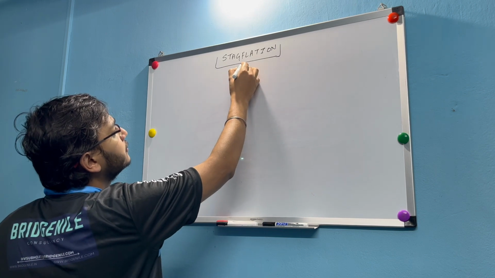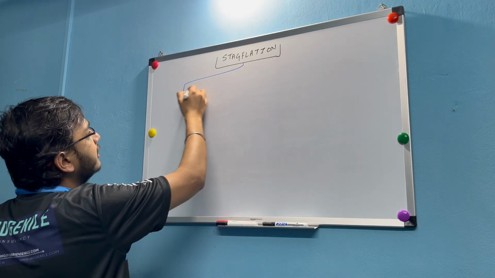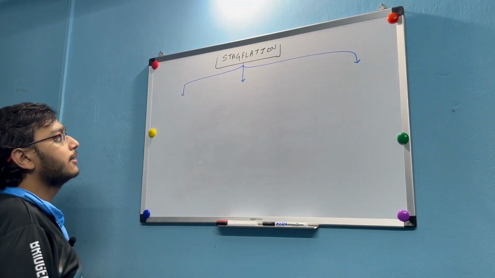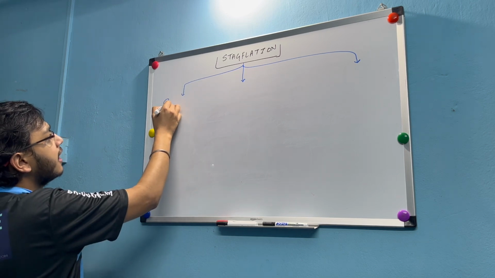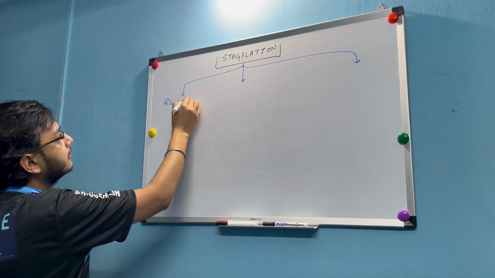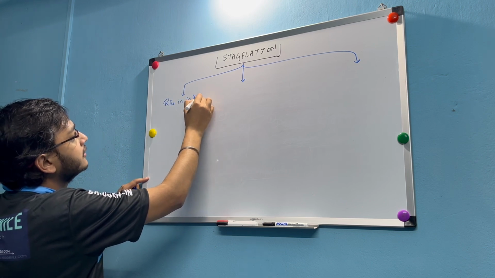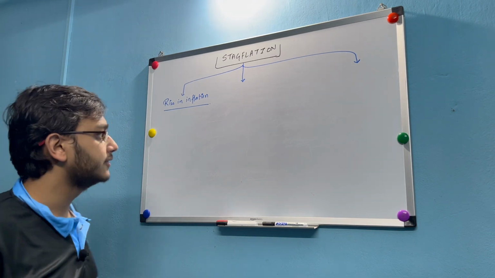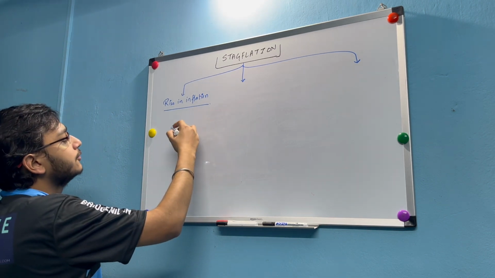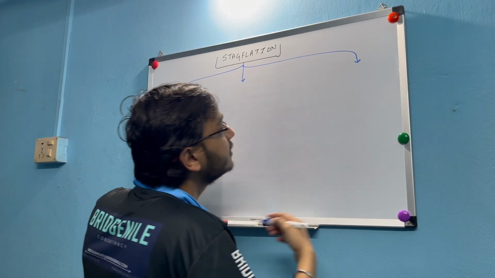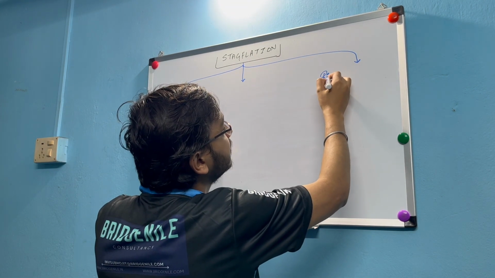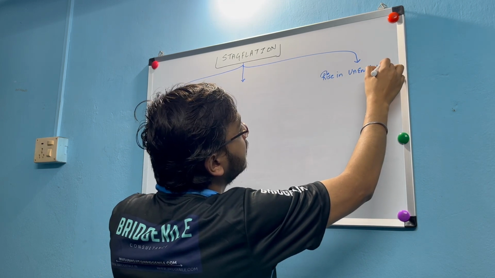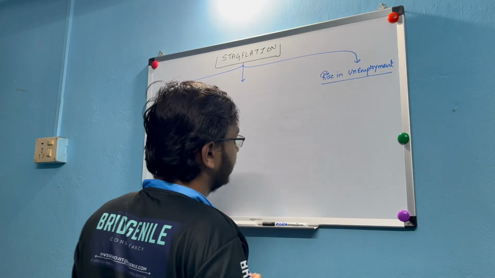So stagflation. Now see, stagflation is basically divided into three parts in the economy. What are the three parts? Whenever there is a rise in inflation, we have understood what inflation is, right? When prices go up, that is the factor that comes up. When we see a rise in unemployment in the economy, and